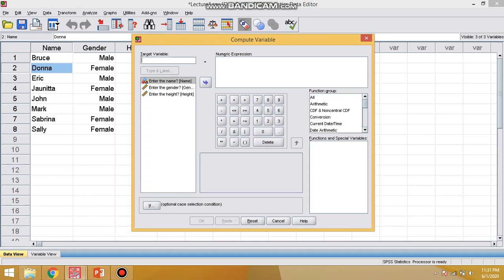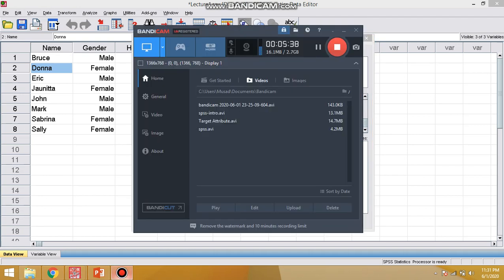We'll put the new variable as log height. Do remember, this is a variable name, so we'll have to follow the rules for variable names here. What do we want? We want the log function.